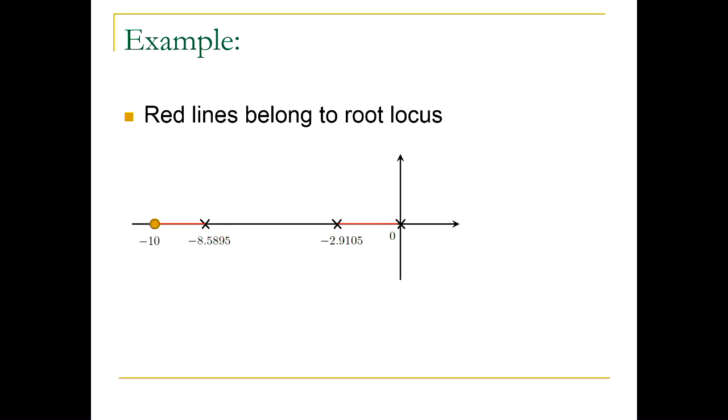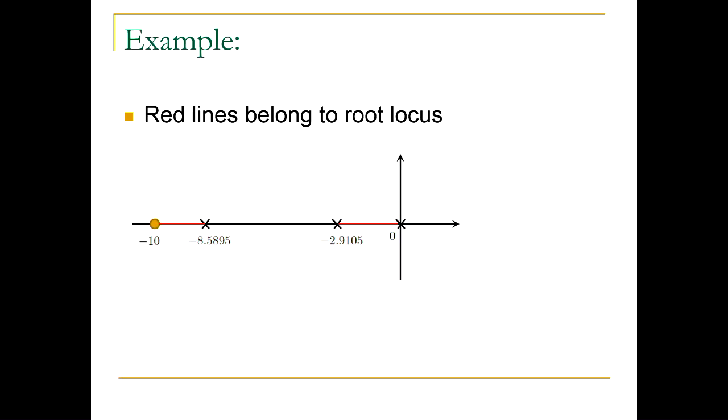Now, why haven't we finished this part? Because of the asymptotes. These two branches will somehow have to converge to infinity, and we don't know where and how. Whether they would go this way to infinity, that way to infinity, we don't know. We need to plot the asymptotes. We also need to know, in going to infinity, whether these two branches, which by the way emanate from crosses, so they start here for small k, and then they would move somewhere here.